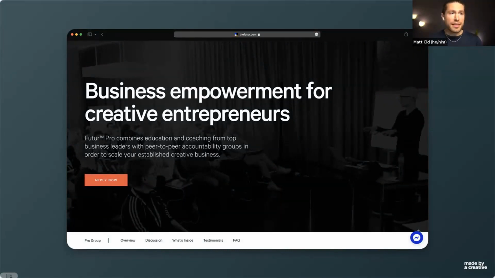So the what in this case is the business empowerment. The so what? Why should I care? What does it do for me? Explain it. Is that paragraph below. And now what in this case is applying now instead of just joining or getting signed up. So there's a little bit of a different process here. Now that we've seen the landing pages that have done this in the wild,